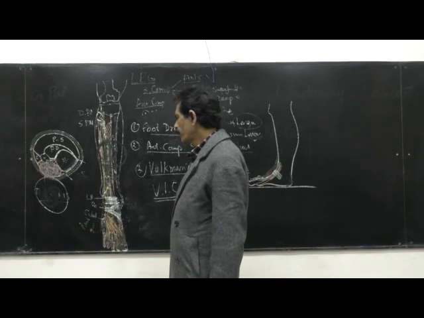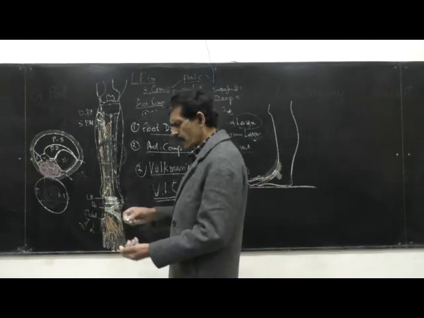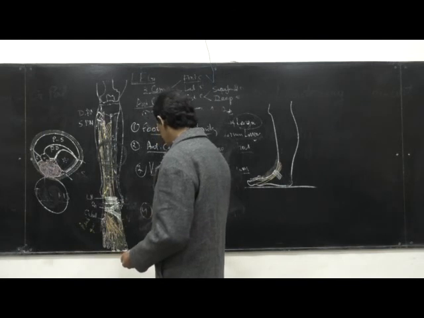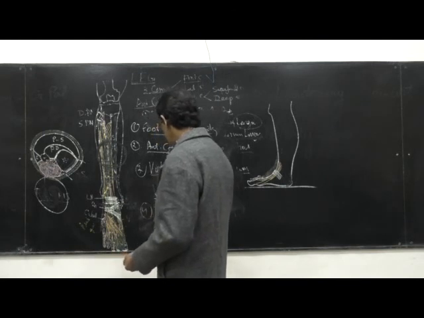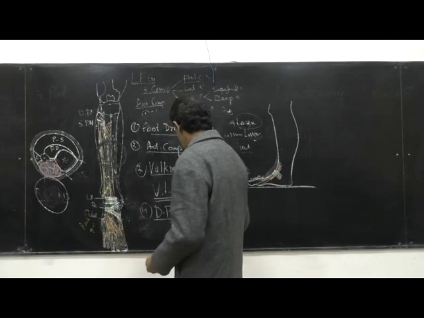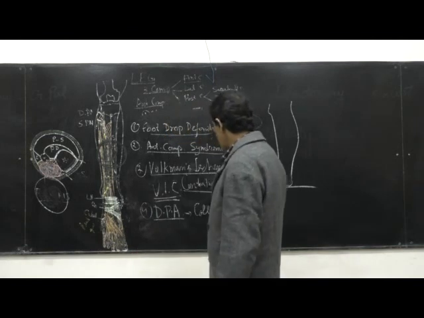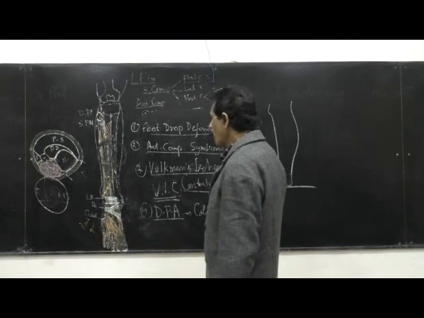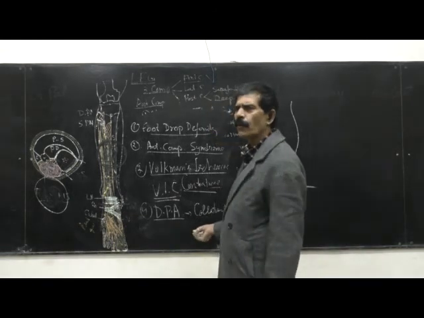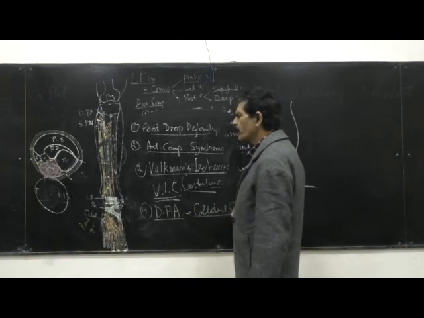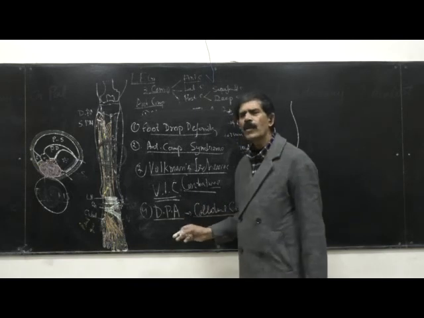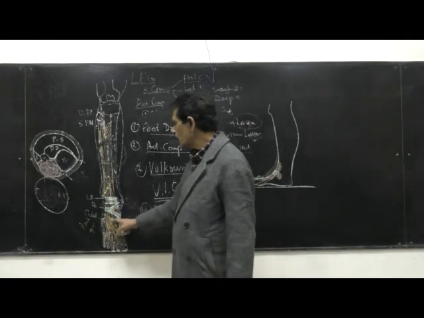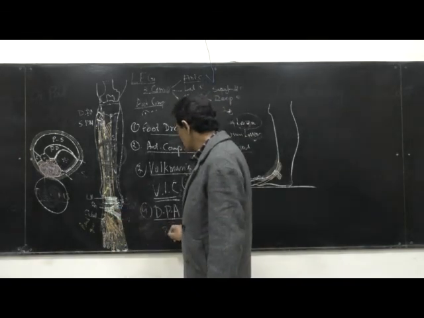Another applied anatomy is related to the dorsalis pedis artery. As I have already told you, this artery helps with the collateral circulation, and injury to the posterior tibial or dorsalis pedis artery has no effect on the blood supply of the foot because they have communication, anastomosis there. So the dorsalis pedis artery is used for the pulse.